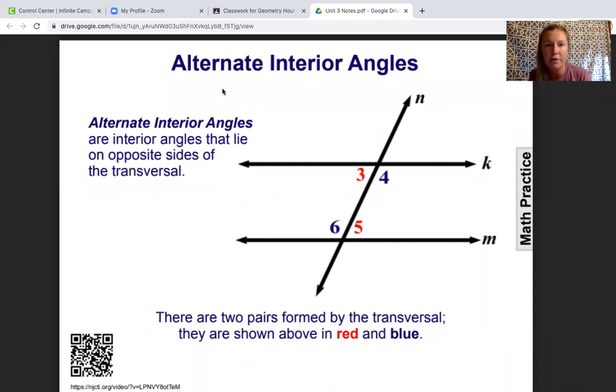And just like I had been previously doing, I'm going to color all of the interior angles. I'm going to highlight them in pink. So these are all interior, and these ones on the outside are always going to be exterior. Okay, so pink is interior, blue is exterior. How do we know that? Well, if you look at the way the line structures are set up, those pink ones are on the inside,